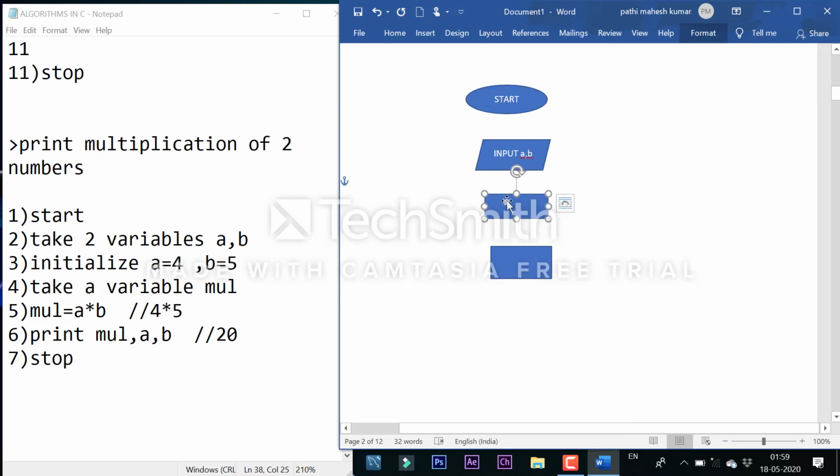Here I am initializing A equal to 4, and here B equal to 5.